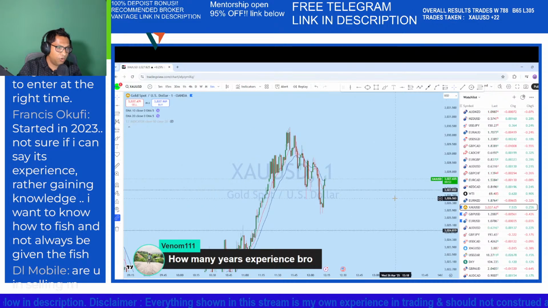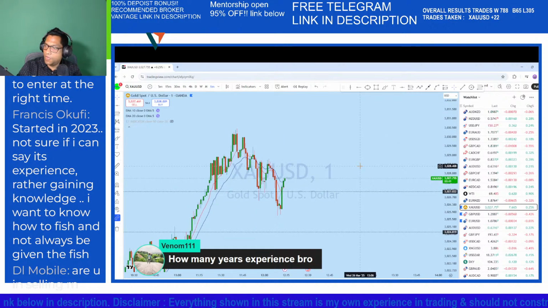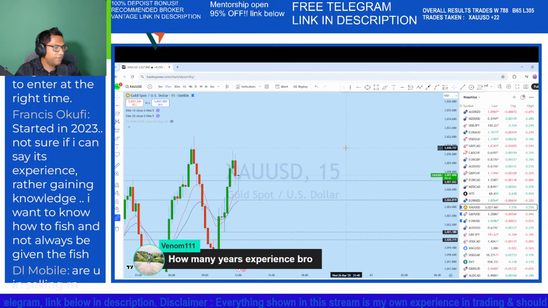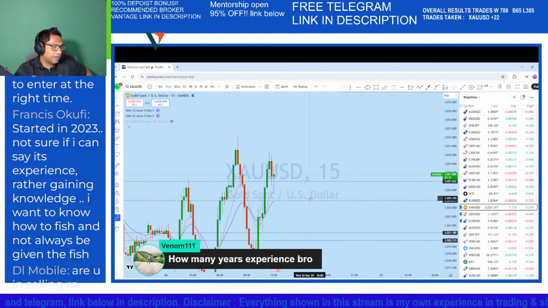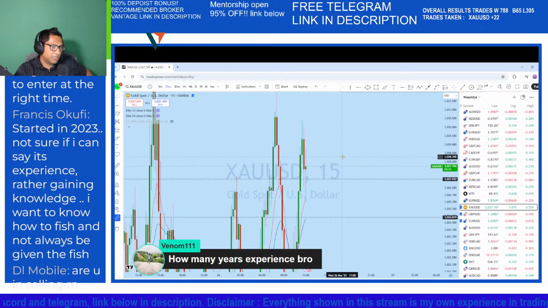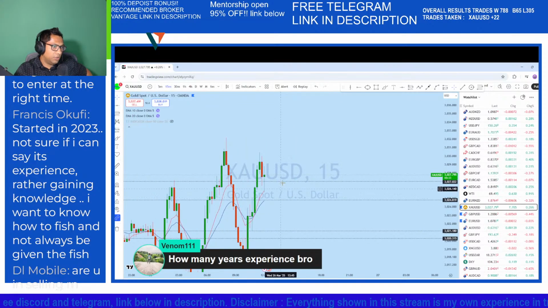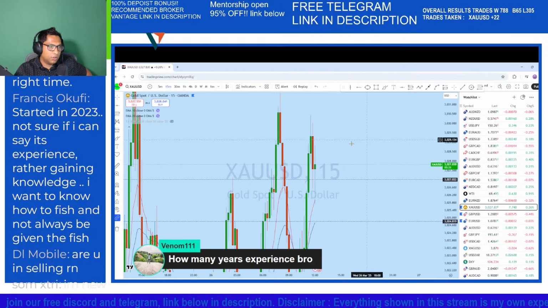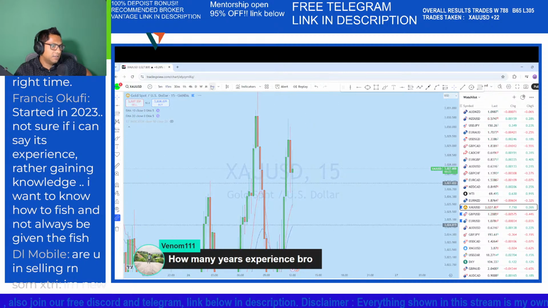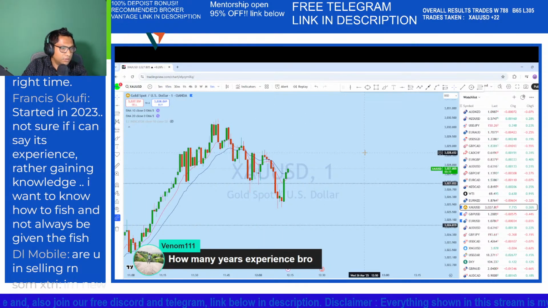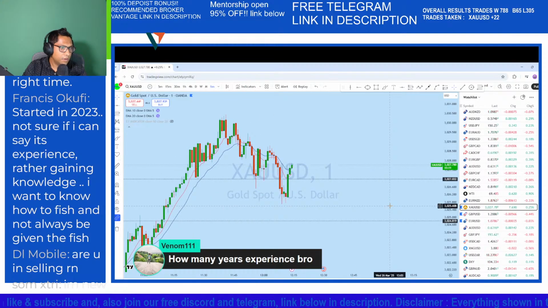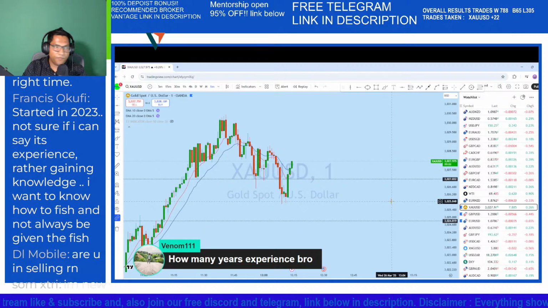I see that there is a potential for some bias here. I would like to see the 15 minute close, and the 15 minute candle close is important, because if it is closing as a red candle, with 30 seconds remaining, with this doji formation, it is either going to trend again or come back again to retest. In the last moment, we have 15 seconds to go. Okay, there is a probability for